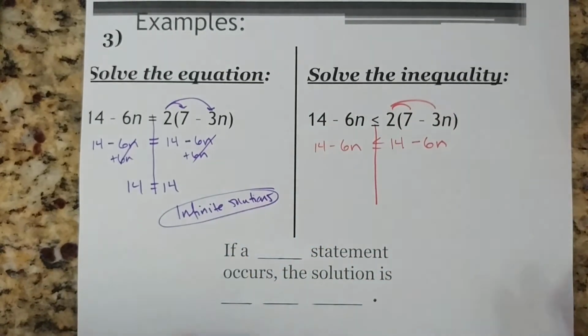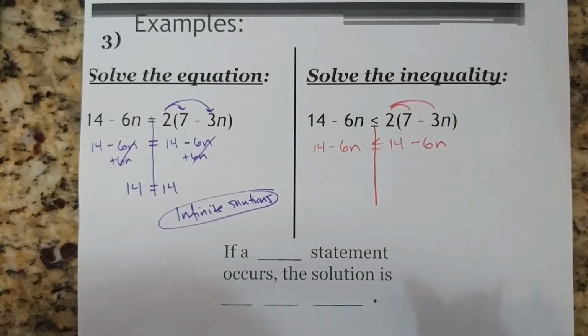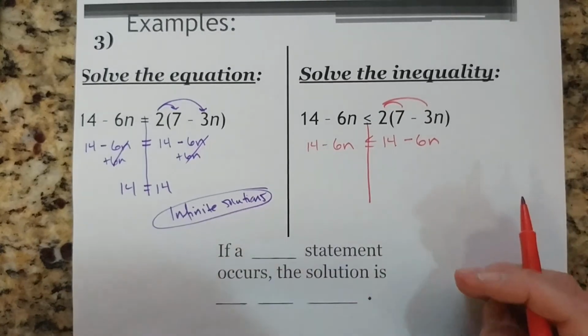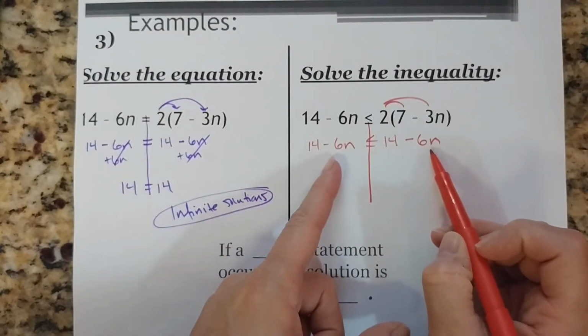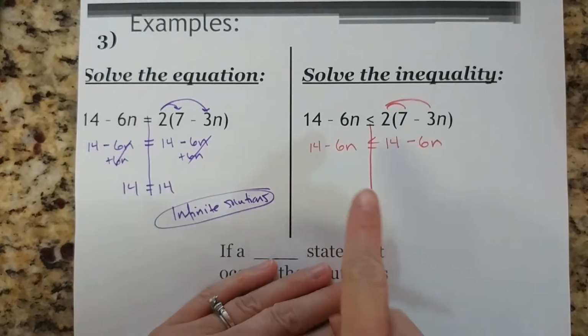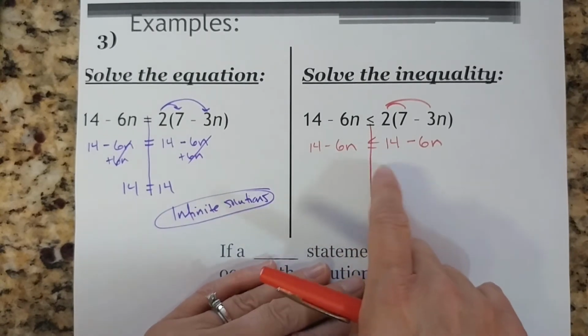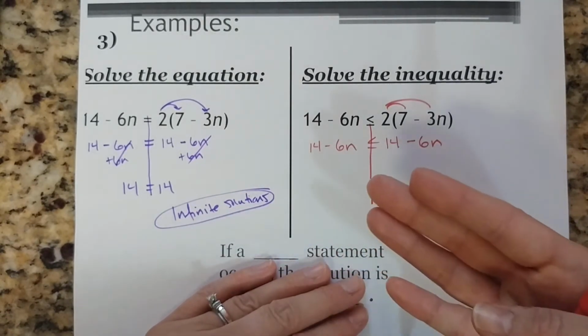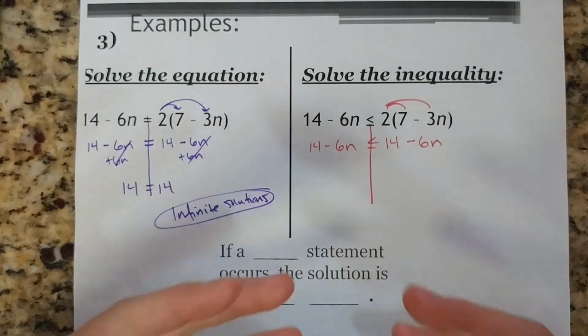All right, now you're noticing here that we have the same thing on both sides. 14 minus 6n and 14 minus 6n. If you notice here that these two negative 6n's are identical, you might see, okay, we have a special situation, just like we did with the equation. Is it true that 14 minus 6n is less than or equal to 14 minus 6n? Yes, it's true. Now, this is going to tell you that there's infinitely many solutions, or all real numbers would